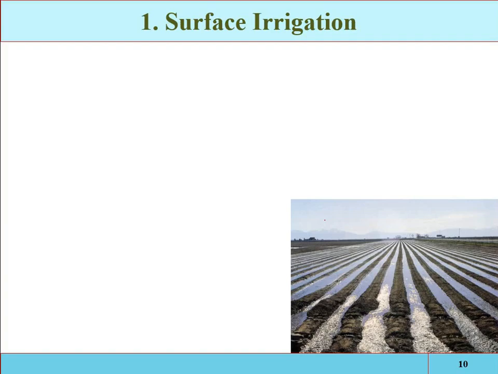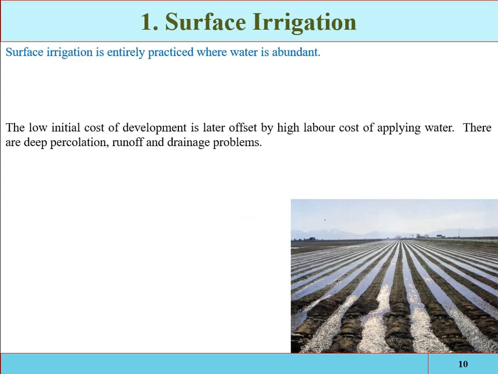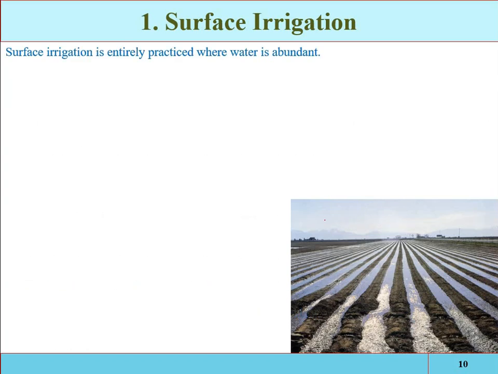In continuation of the first part of this lecture, here we will discuss the basic types of surface irrigation methods. As we have discussed, surface irrigation is practiced where water is abundantly available. In surface irrigation, the water is flooded on the surface of the agricultural land. This method will be selected and recommended if the water is inexpensively, easily, and abundantly